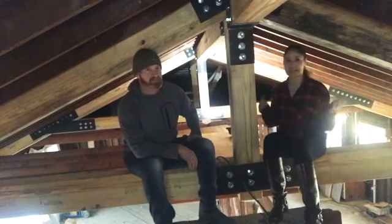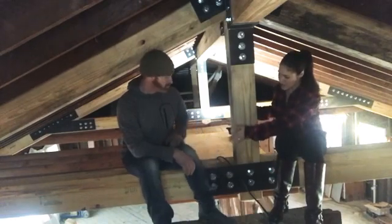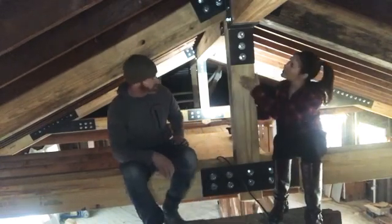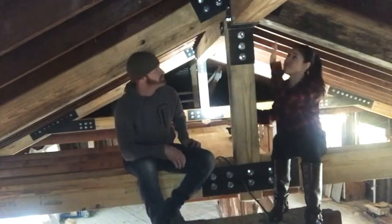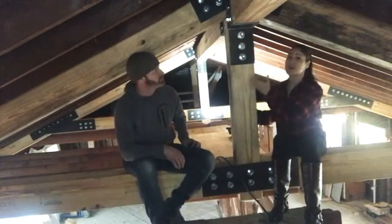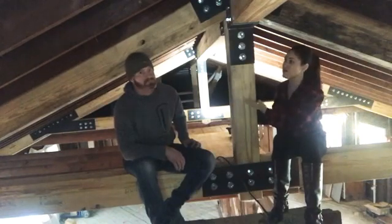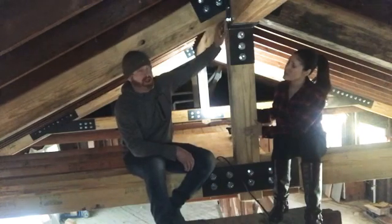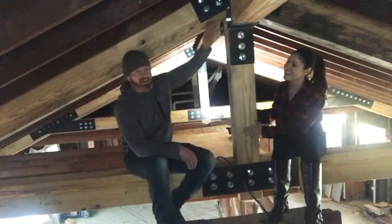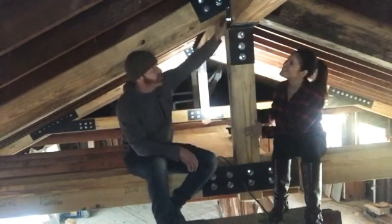So he just kind of buckled down, and these are massive. If you see, there's this kind of T that happens here, and all of this custom steel was made after the beam started going up in the truss system, because the sizes had to be confirmed and measured out. I did everything, all templates out of MDF and a hot glue gun, believe it or not. And then those templates were transferred to the 1/4-inch steel, CNC'd holes